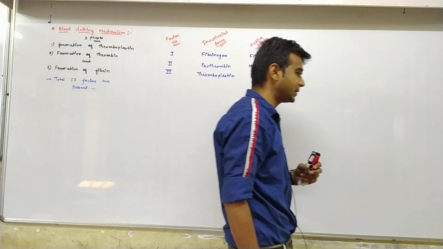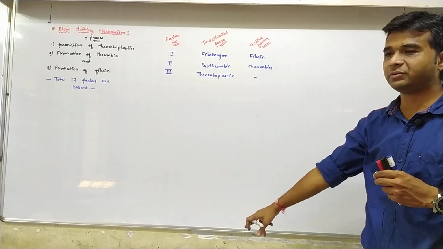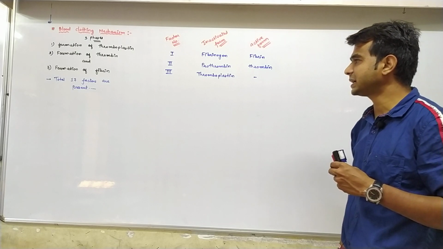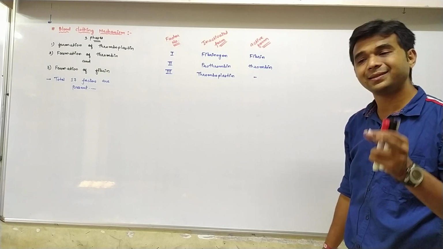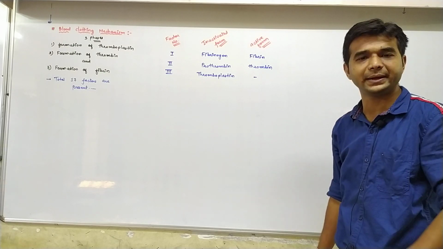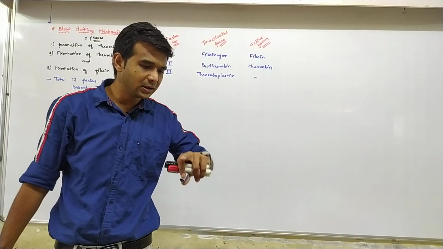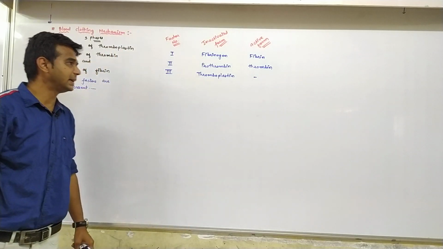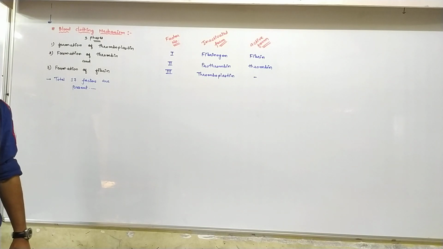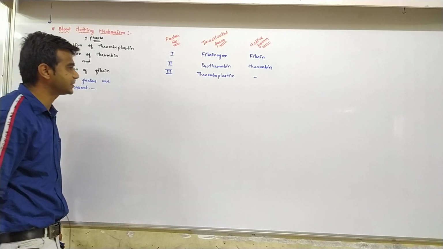Generally 13 factors are present in inactivated form. Now I will tell you the 13 factors. When the artery is ruptured, all these factors are activated, and gradually it forms the thromboplastin first, then thrombin, then fibrin. Okay, and then fibrin is accumulated at the rupture site of the artery, a clot occurs, and that is known as a thrombus, and that's why platelets are known as thrombocytes.